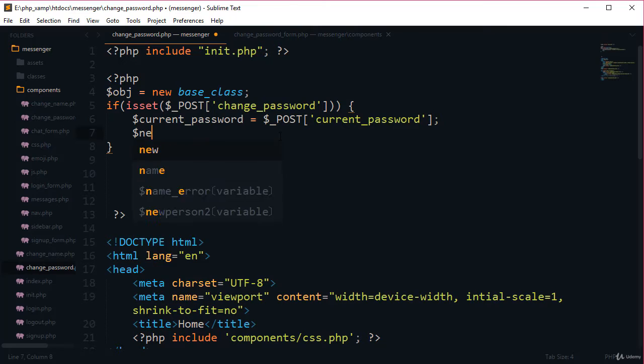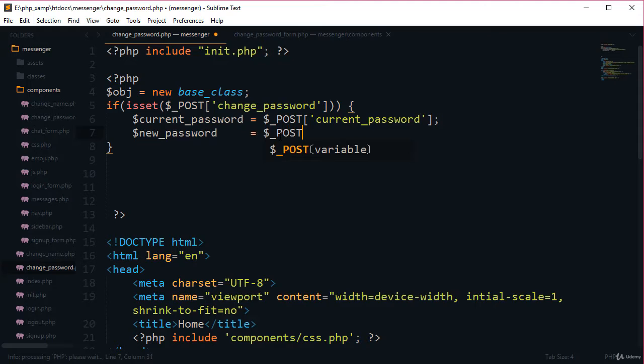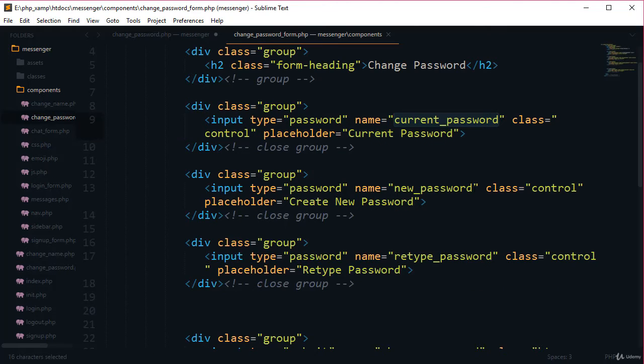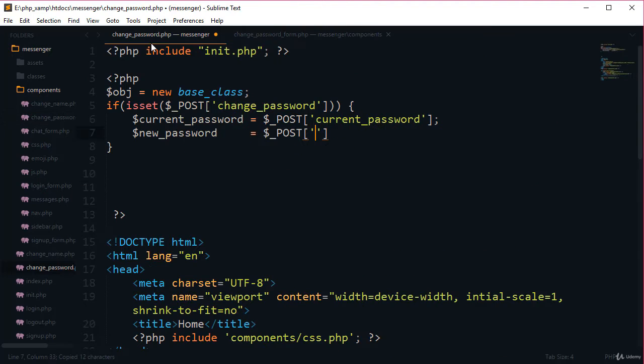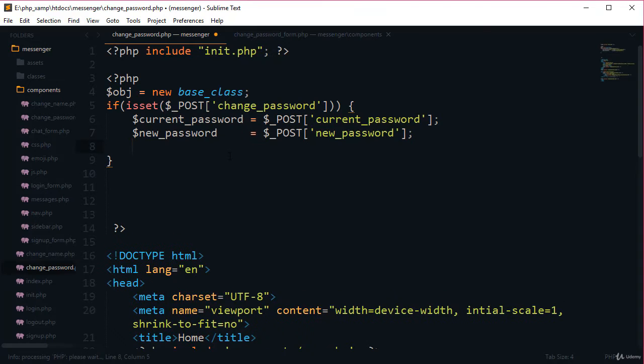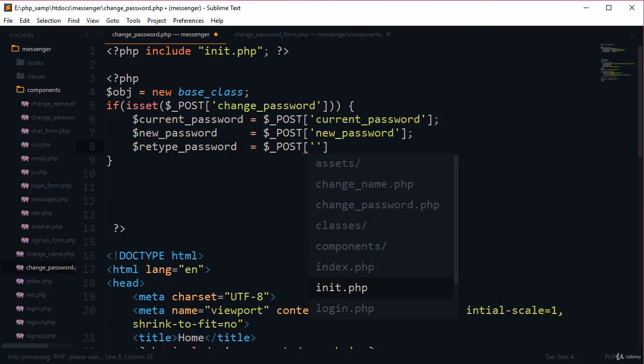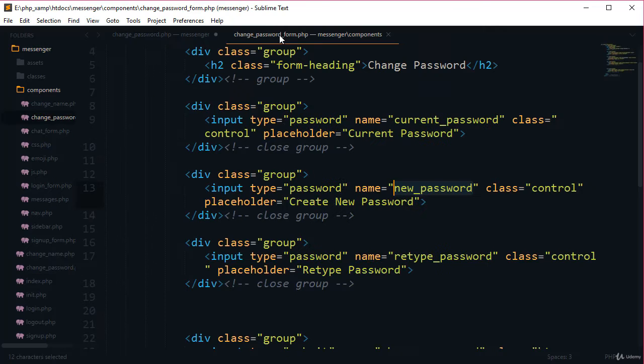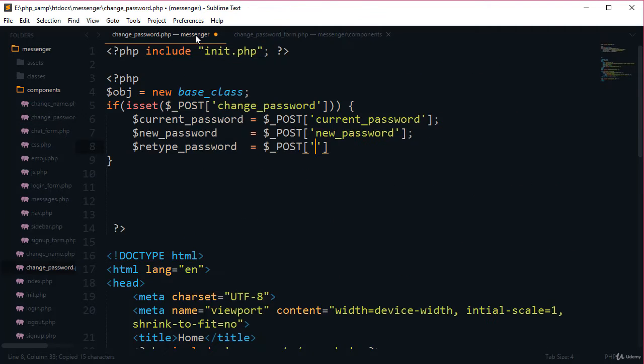Now here new password equal to post, and again go to the form and copy this name, new password, and put the name here. And also retype password. Again copy this one, retype password, put the name here.